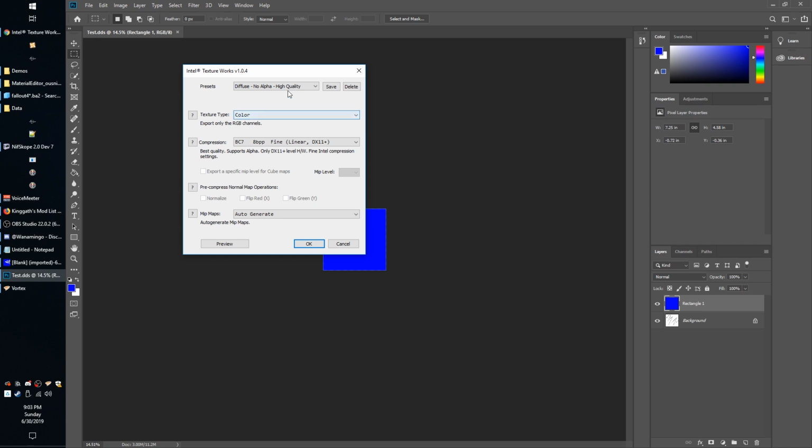So for texture type, you're going to just choose color. And then under compression, you're going to choose BC7. Now, the trick here is that there are 4 different BC7s. You want the second one generally, and I'm going to read off exactly the one we're choosing because it's possible